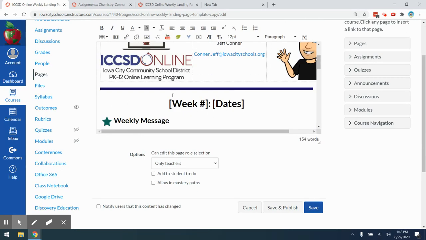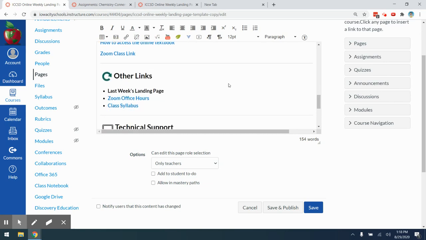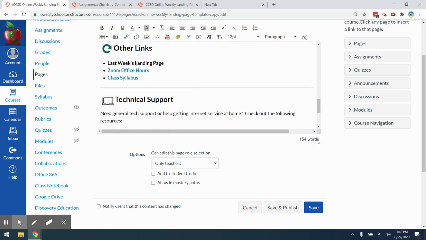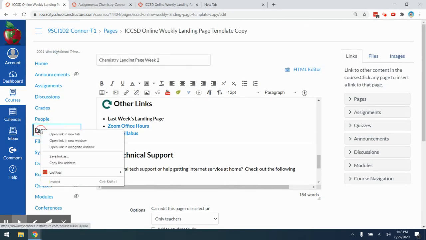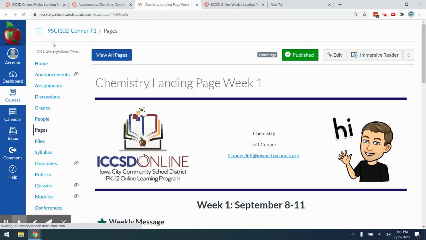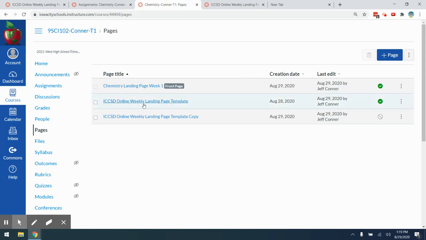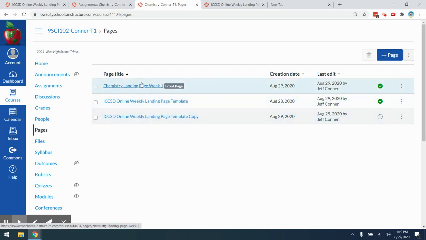I'd modify it in the same ways where I input the week number and the dates, but what I want to show you here is how to link back to last week's landing page. So from the Pages menu, I'll go ahead and open that up again in a new tab. View All Pages. What you can do is right-click on the page that you're interested in and go to Copy Link Address. Now I've got the link to the week 1 landing page,